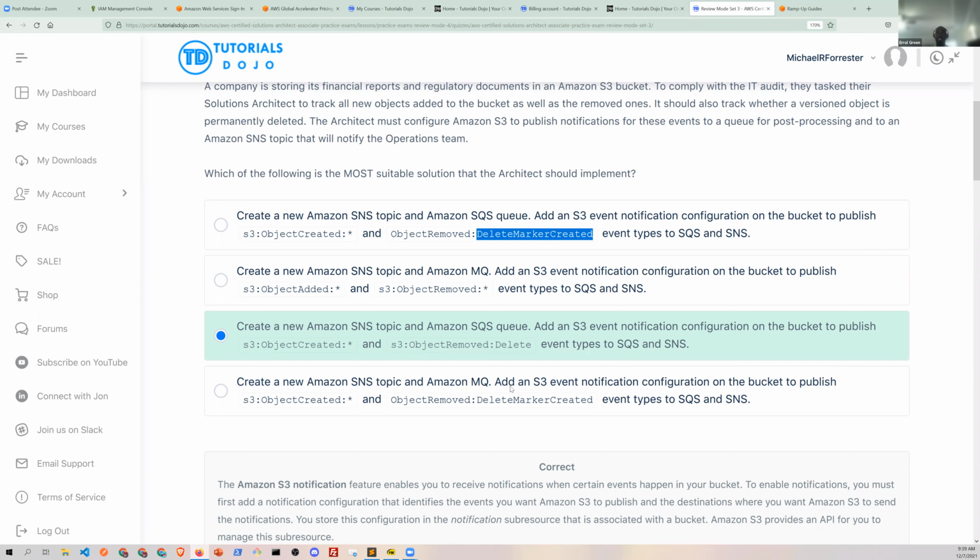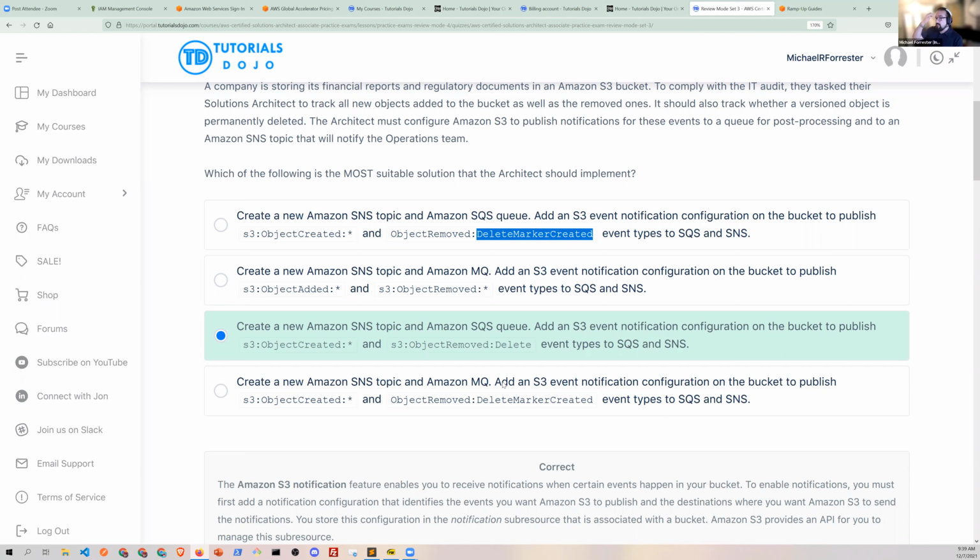Can I ask you a question real quick about this versioning? My understanding was that you have versioning on and you delete something, then it creates a delete marker, but the actual version of it isn't deleted, right? So to permanently delete, like they're saying, you have to delete all your versions and then delete the root object. Exactly. Which is what would be happening for the third one, I guess. The third option is deleting all the versions and deleting the object.